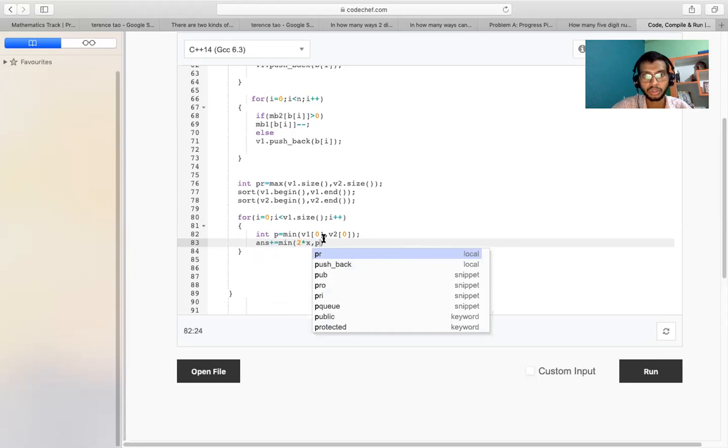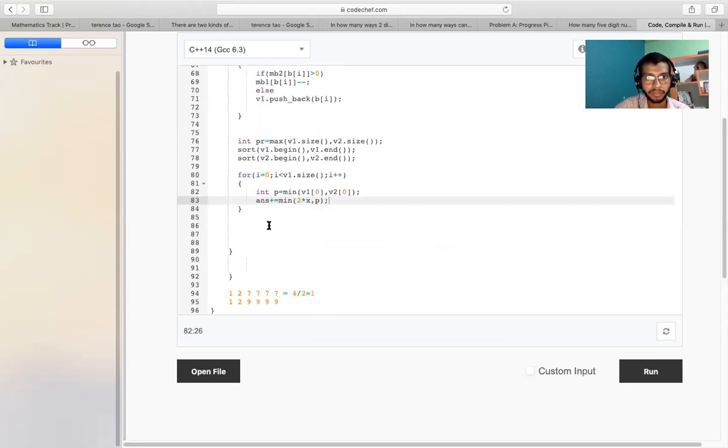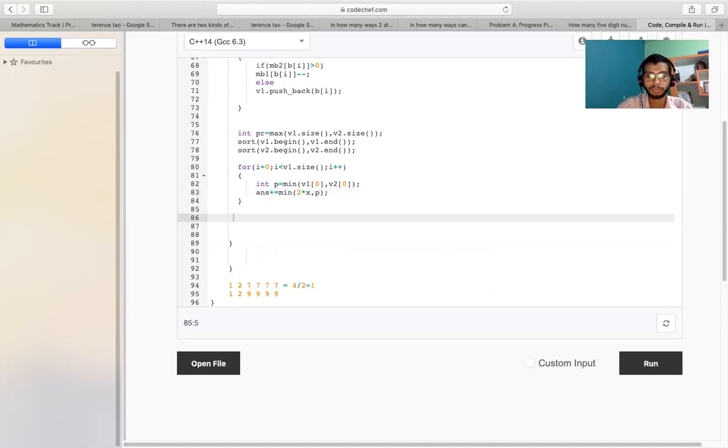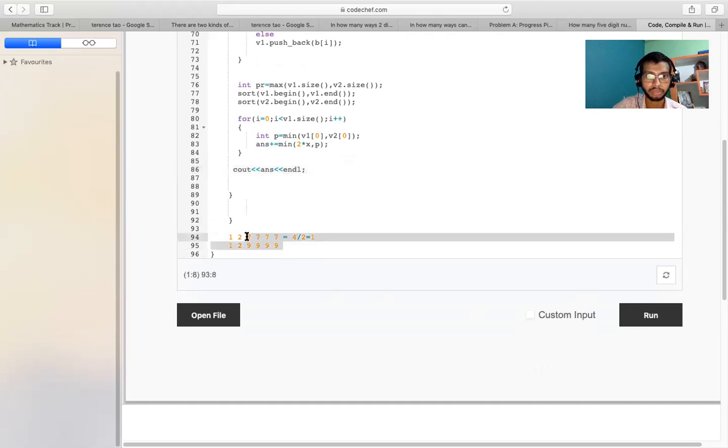Okay, and with this I have to print out the answer, and then let's run our code. So let's remove this.